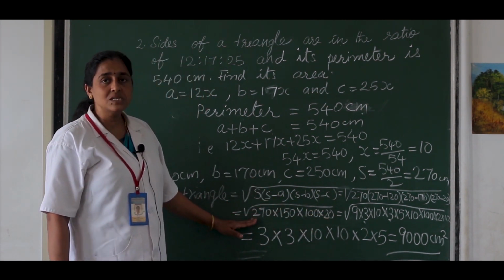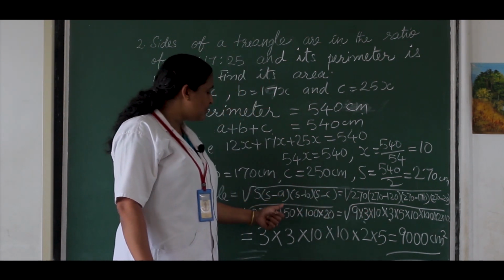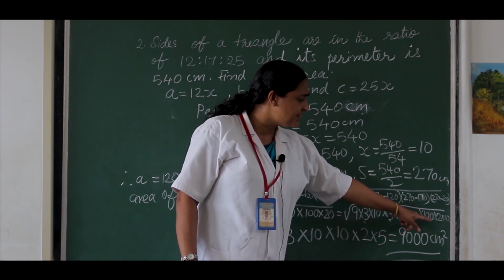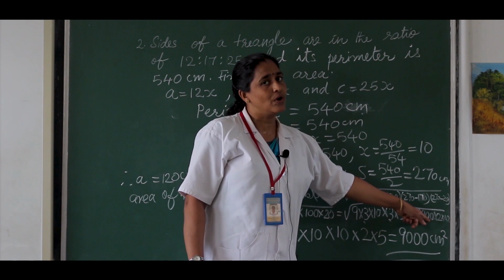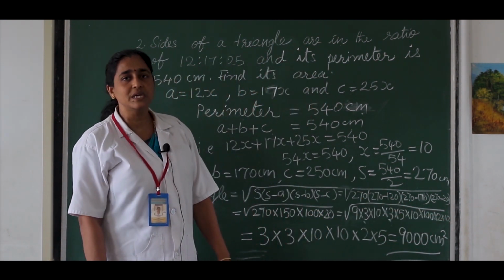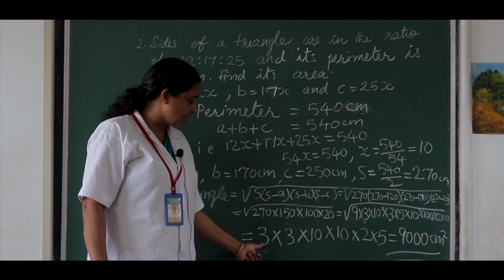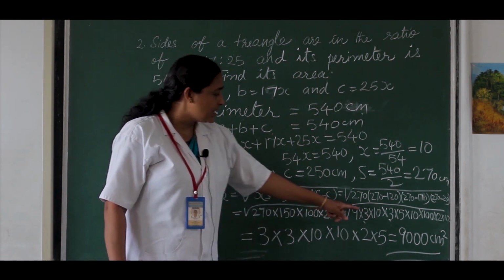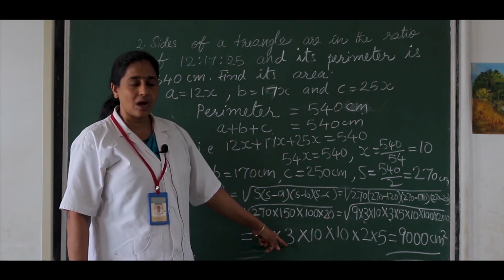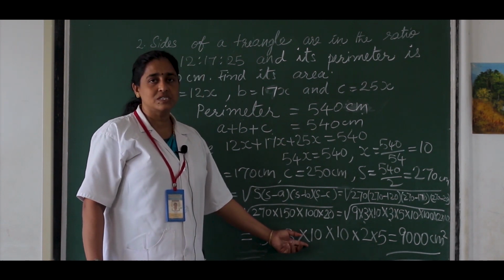We can factorize 270 as 9 into 3 into 10 and 150 as 3 into 5 into 10. 100 is a perfect square, so no need of factorizing it. And 20 can be factorized as 2 into 10. Here we know the square root of 9 is 3. We can take it outside. Then from two 3's, that is a pair of 3's, we take one 3 outside. Then two 10's are there, so one 10 we are taking outside.